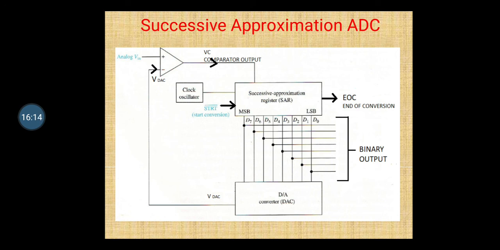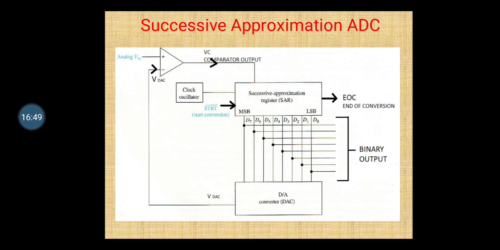And that digital signal is given back to the digital to analog converter, which converts it into an analog voltage. So that becomes your analog voltage, and that is again given back to the comparator. For example, if we consider that 1 0 0 0 0 0 0 as an analog voltage of 8 volts, so 8 volts is present at VDAC now, and the analog signal voltage Vin is connected to the positive terminal.